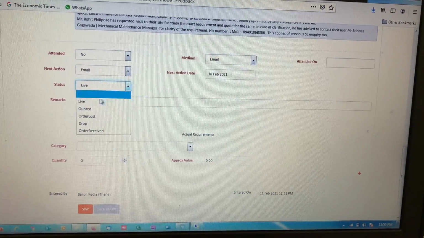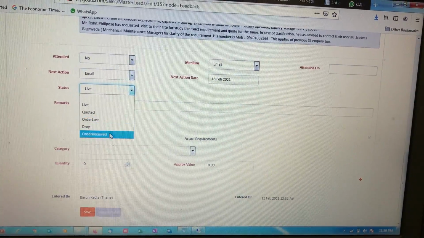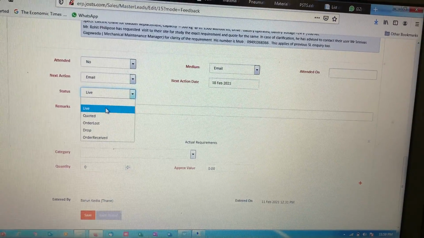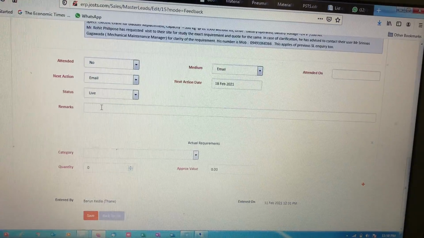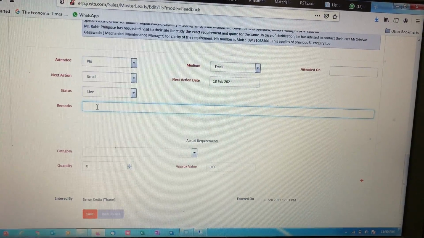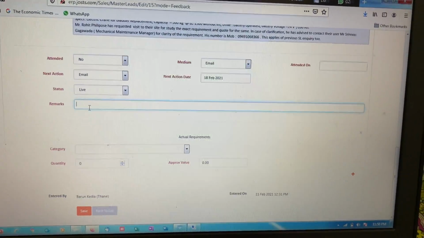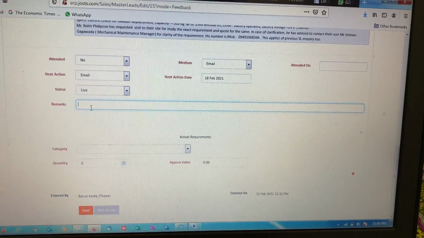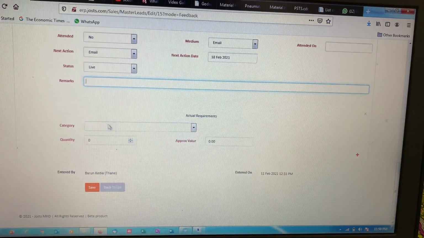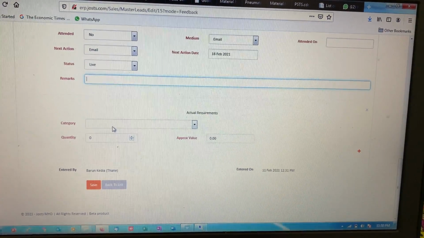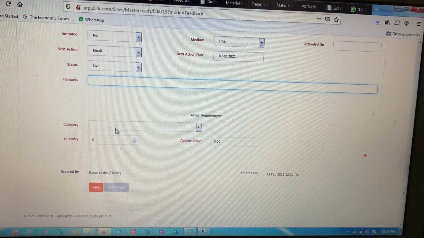Next is status. You will find similar options. Then next is remarks, where you can write a specific remark or any point which you would like to highlight. Next is category, which is basically the product involved.